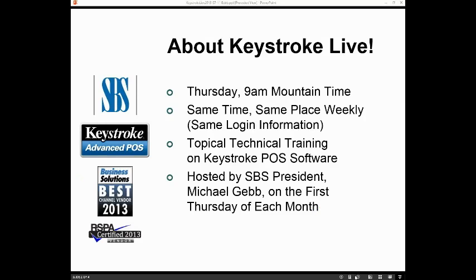to work on Keystroke POS directly inside the program and mainly looking at data files. So the presentation, the screen itself, is going to be kind of boring, but we'll try to move it along and get through it as best we can. Nick, if you can switch over into Keystroke directly, we'll start there and then we'll move from Keystroke into the file manager and look at the data file